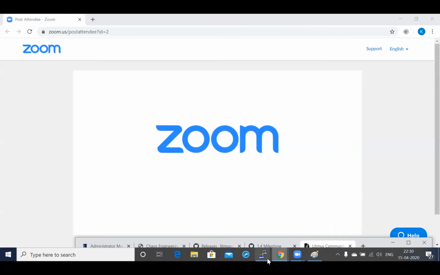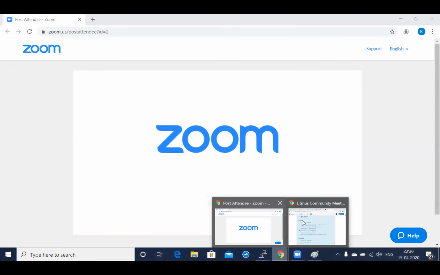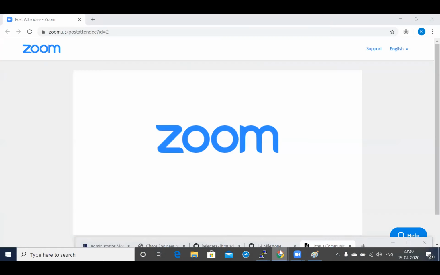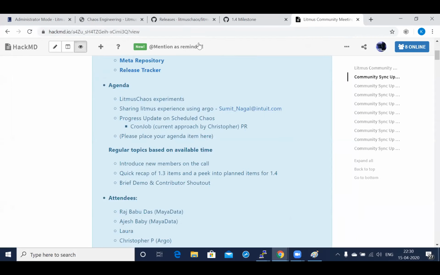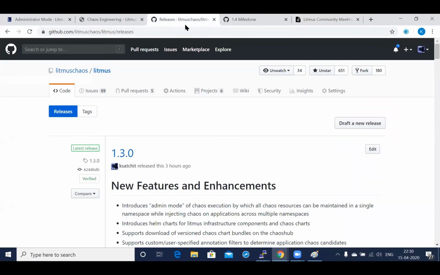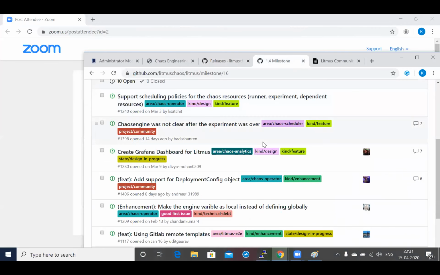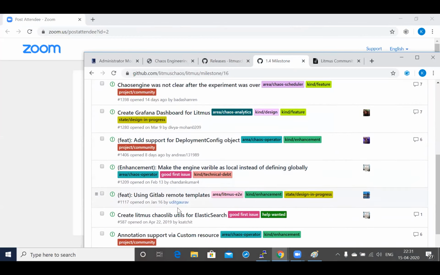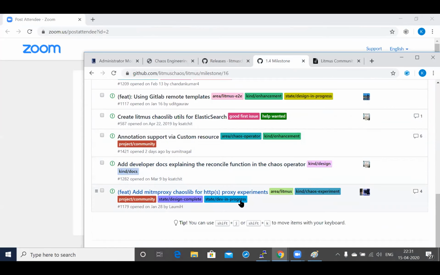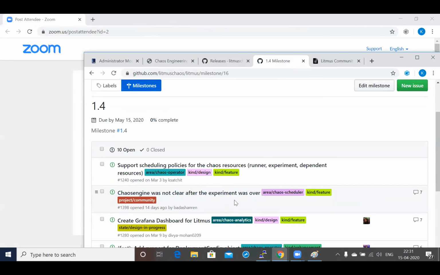Let me just show the milestones that we have. Some of the items in 1.4 include increased support for OpenShift and providing some GitLab remote templates, adding more charts, and improving the resiliency of the framework itself.